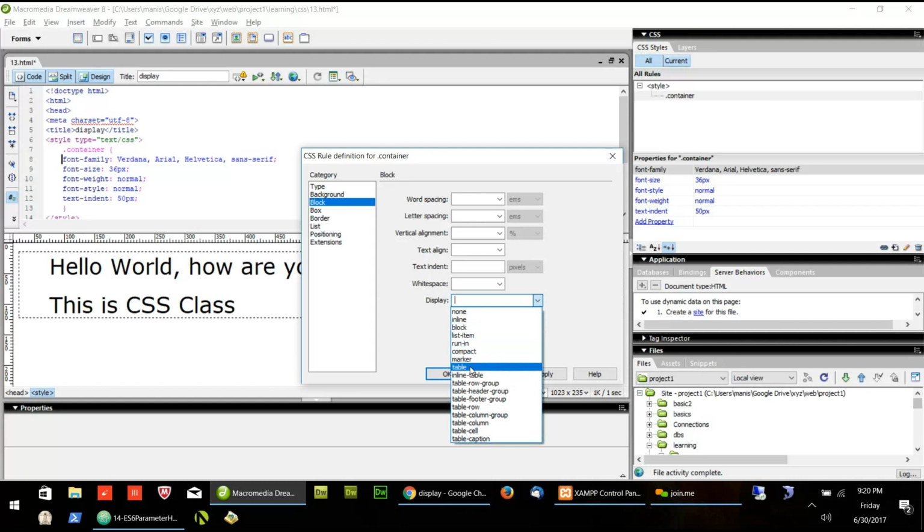Kerry, you remember you created some display with table and table column, table cell. Yeah, generally we never use that table and table column. The reason is that if you want to use table and table column, we would have created a table instead of doing the div. So with the div, we generally don't use this table or table row or column, but you can use it as you have used in that example. You can use it. So generally we use display as inline or block or list item. Rest others we don't use it.